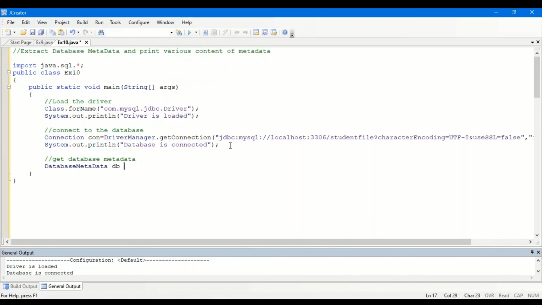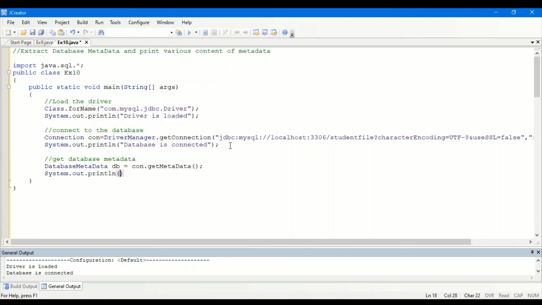So let me say db equals connection.getMetaData. So this db contains all the details. From here we are going to extract the details, various parts of the metadata, and I'm going to print it onto the console.